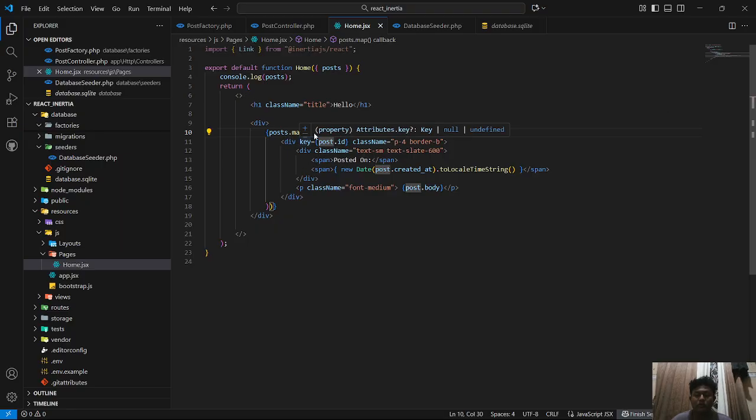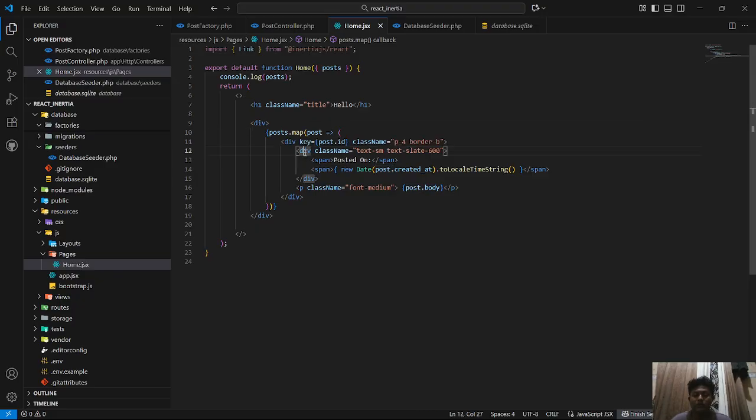In the property post, we add a div, and we add a key property, post.id.